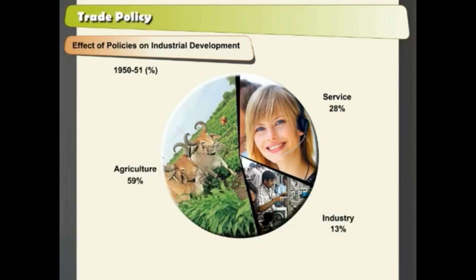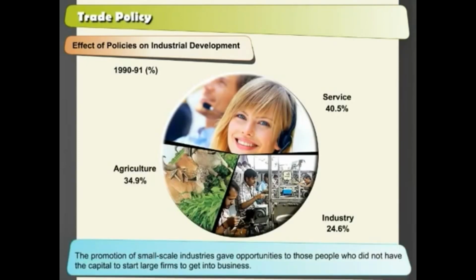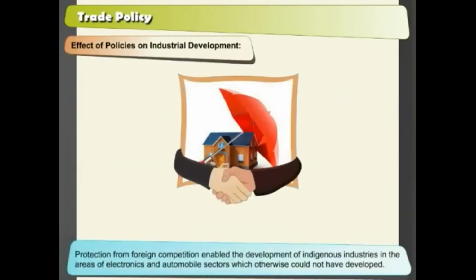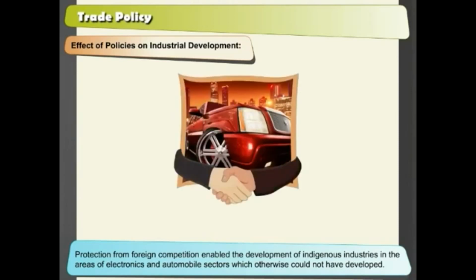No longer was Indian industry restricted largely to cotton textiles and jute. In fact, the industrial sector became well diversified by 1990, largely due to the public sector. The promotion of small-scale industries gave opportunities to those people who did not have the capital to start large firms to get into business. Protection from foreign competition enabled the development of indigenous industries in the areas of electronics and automobile sectors, which otherwise